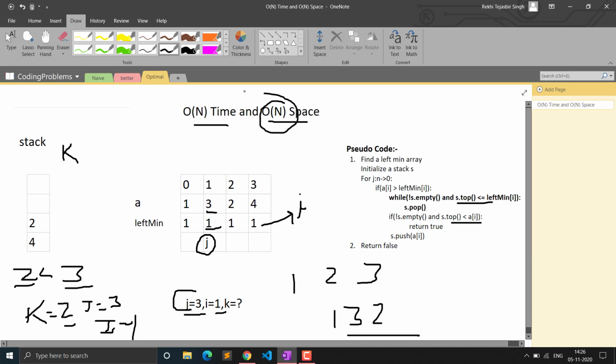We actually compromised our time complexity, but we improved space complexity. So the main condition that you have to remember is if the elements in the stack are less than the ith element that we have in the left minimum element, then we will pop those elements. If we have 0 here and our I is 1, so we cannot take k as 0 because k will be less than I then, so we will simply pop the elements if there are such elements.